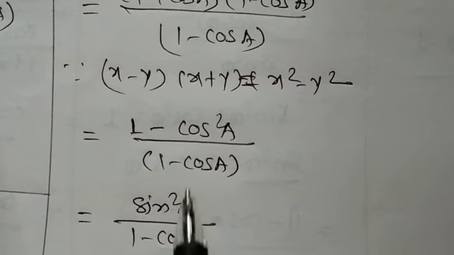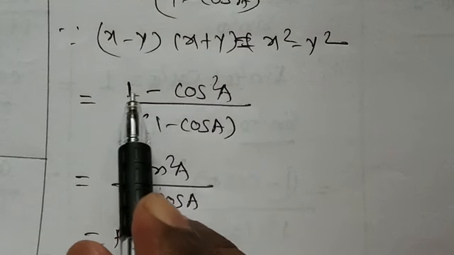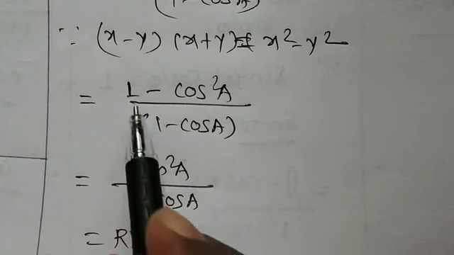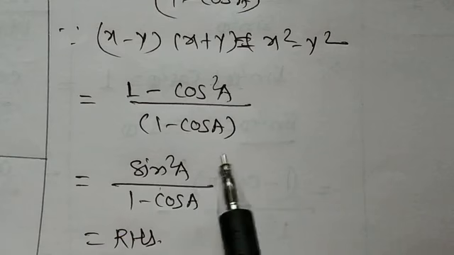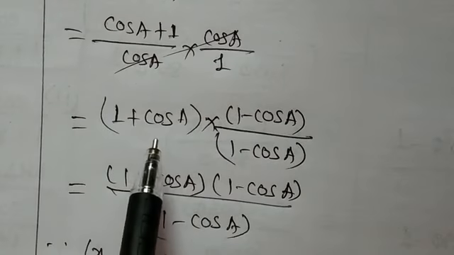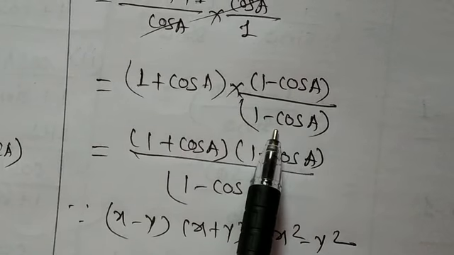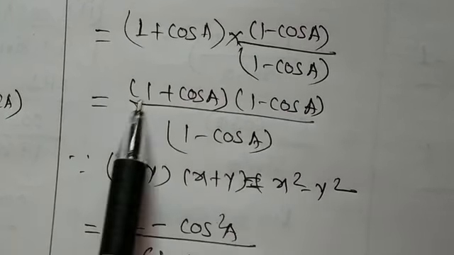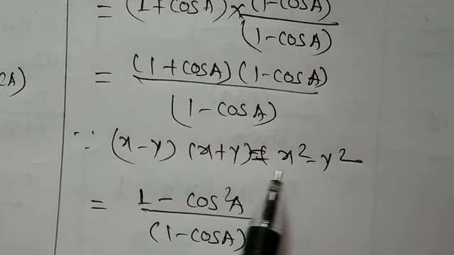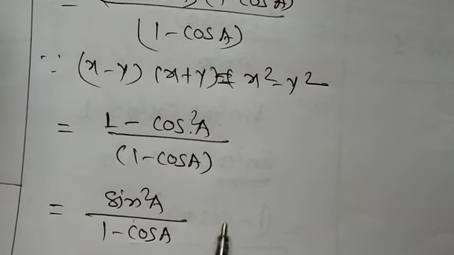Because sin square A equals 1 minus cos square A, or sin square plus cos square equals 1. We can use this identity from the previous example. It is a very simple identity, the simplest way: just put it in terms of sin and cos and solve. Here the denominator is 1 minus cos, so multiply the numerator and denominator by 1 minus cos. Then 1 plus cos, 1 minus cos is x square minus y square, 1 minus cos square equals sin square, and hence proved.